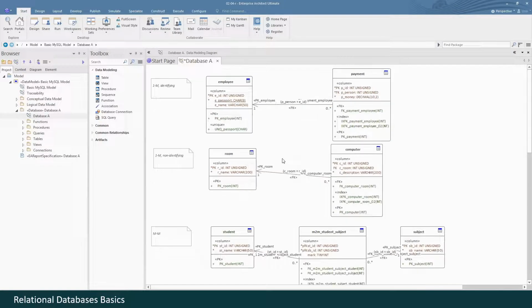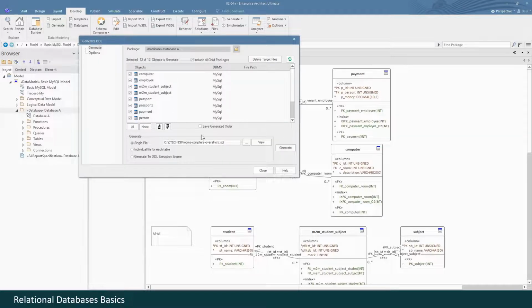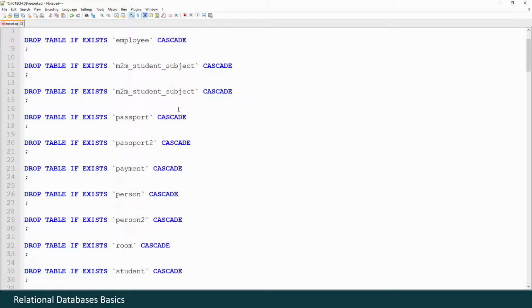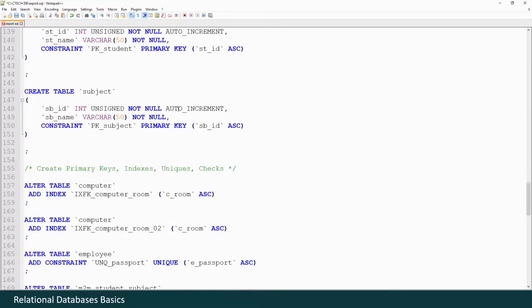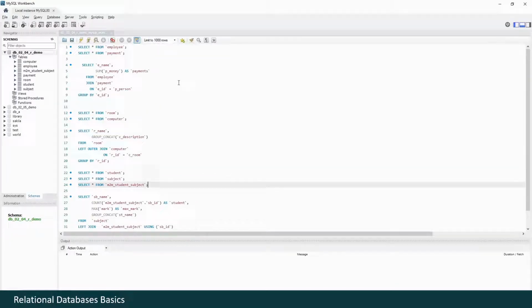We may now export the result into an SQL query. Let's click develop, generate, select something like export SQL, click generate. We may now open this SQL file for some quick review in any text editor. And let us import this database structure into a DBMS, fill it with data and show some examples of SQL queries on it. Let's not waste our time on those long processes of exporting, importing, filling with data.